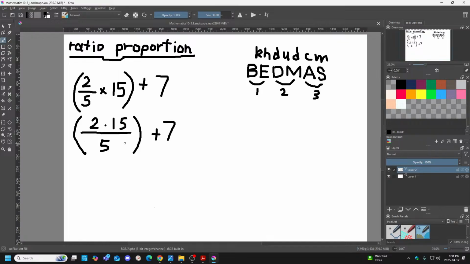Again, it's not adding and subtracting into brackets. If we were adding and subtracting inside here, we would have to find a common denominator. But that's not the case. Okay? So same thing here, guys. We can still do it. We know that 2 times 15 is 30. What times 5 gives us 30? Well, that's 6, right? I already kind of know the answer. But let's say we had really large numbers. Let's reduce. So we're going to go like this. I'm just going to write it again so that you guys could see without it being too messy.